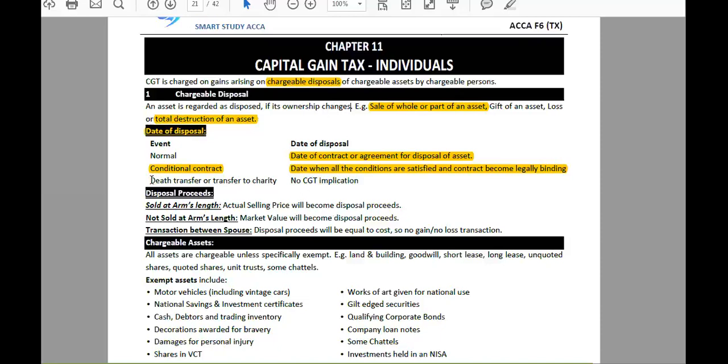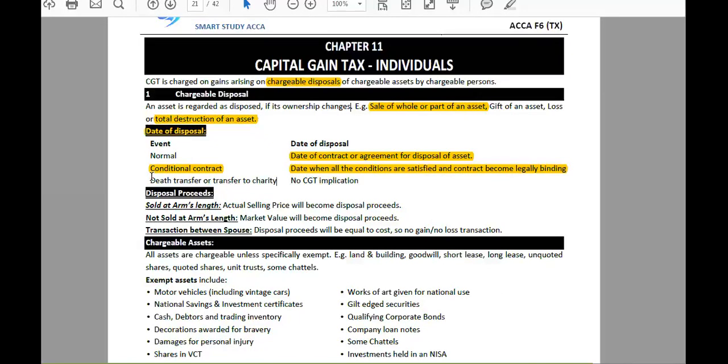Third case is death transfers. If an asset has transferred to another party as a result of death of an individual, for example, if a person has died and property of the deceased person has transferred between his family members as an inheritance. So in case of inheritance, in case of death, students, please remember, CGT is a lifetime